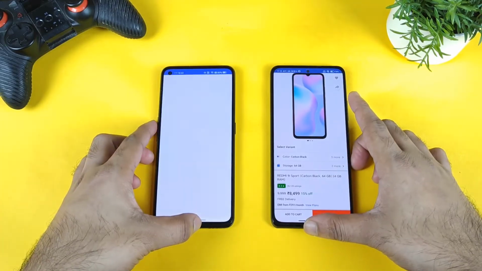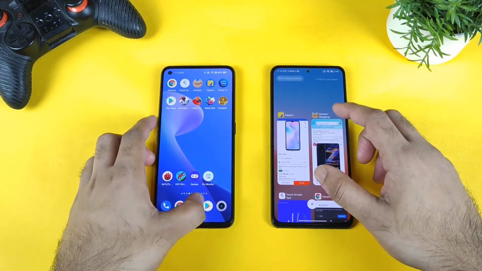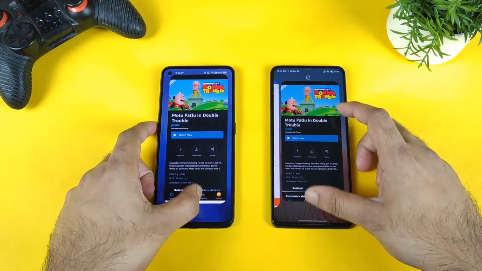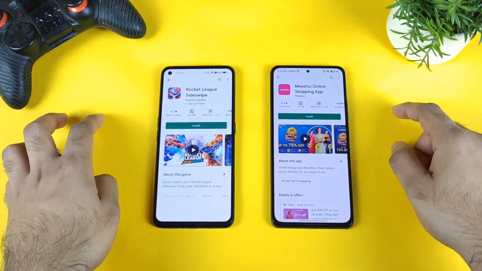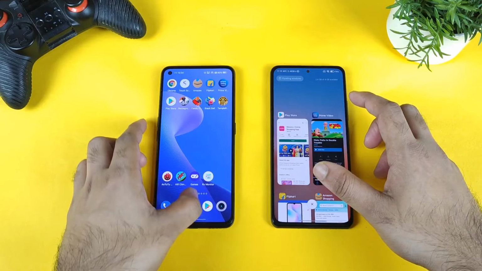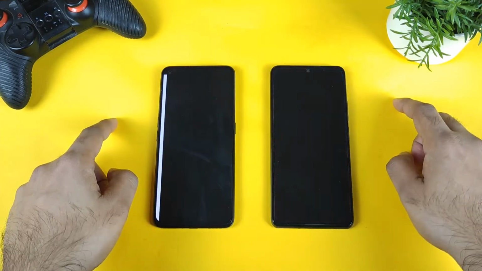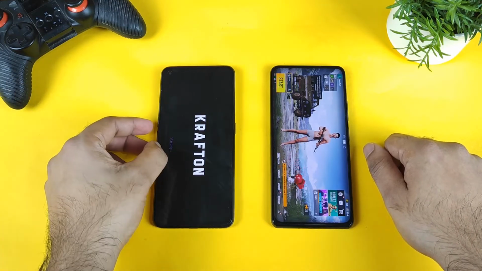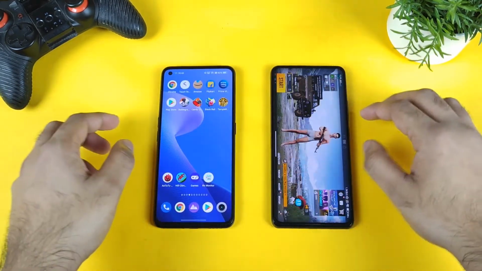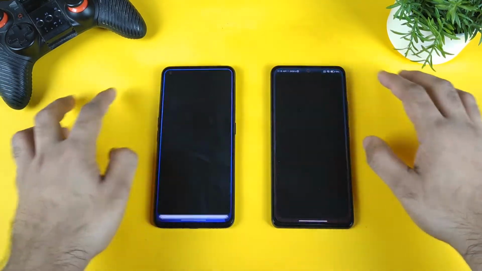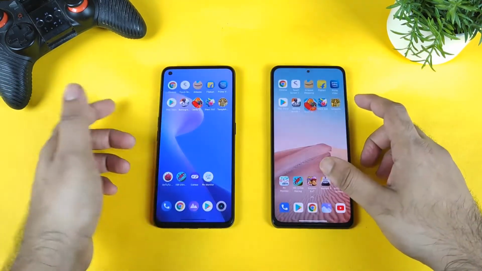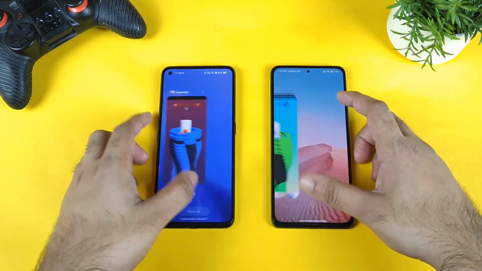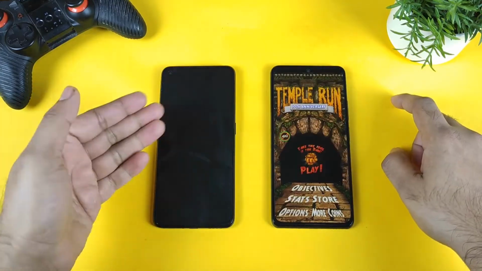Flipkart. It took some time to load on that phone as well, but still it's there in the background RAM management. And Prime Video, same movie, yes, it's present, not bad. Play Store, yep. And next is the Battlegrounds mobile game. It's there in the Mi 11X device, but it got reloaded in the Realme GT Neo 2. I just opened it, right? Maybe 2 or 3 minutes back I opened it, but still it's not there. Candy Crush is there on the Mi 11X, but not on the Realme. Stack Balls, same thing, it's not there in the Realme GT Neo 2 RAM management, and finally Temple Run, it's not there either.